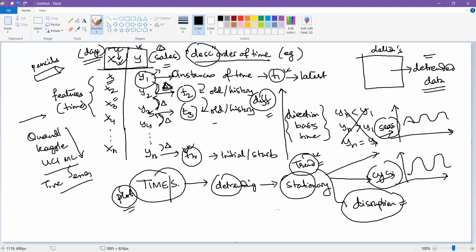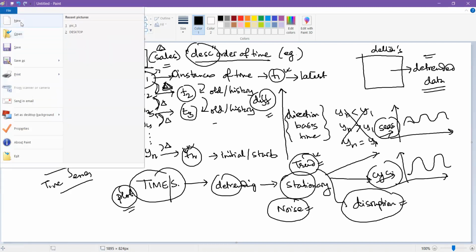Also, at a later stage, this is going to help me find out the noise. It's going to really help me figure out if there was any irregularity in the data or not, right? So that's the first thing which we do. After we have done this, there is a plethora of methods that we can use to analyze the time series. What I mean is that after I have detrended it, I will be able to further analyze the time series.